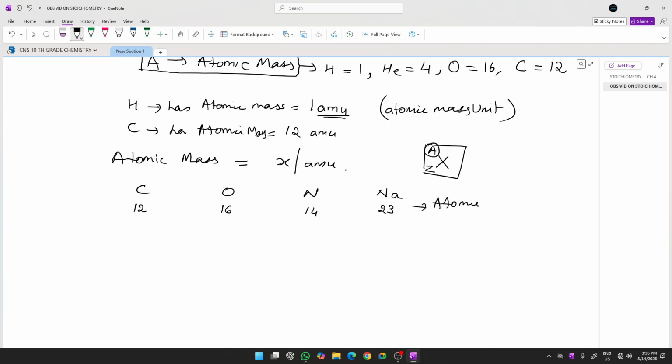Atomic mass. And as I told you, don't write just the number. You have to write 12 AMU, 16 AMU, 14 AMU, 23 AMU. So you have understood what is the meaning of atomic mass of an element. So it will be in general X AMU. Now, next is